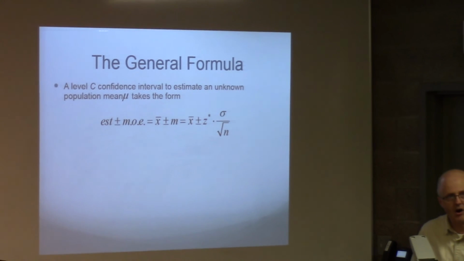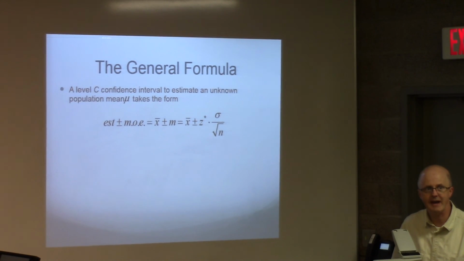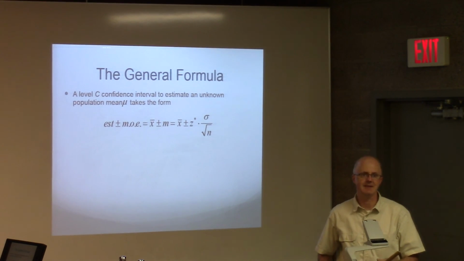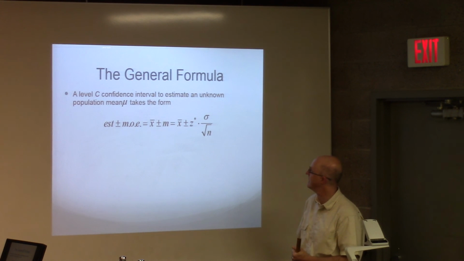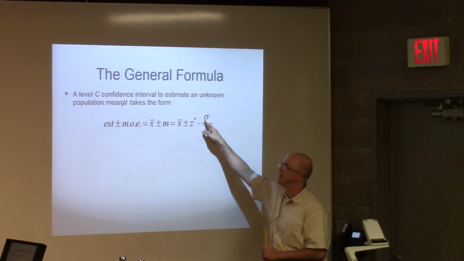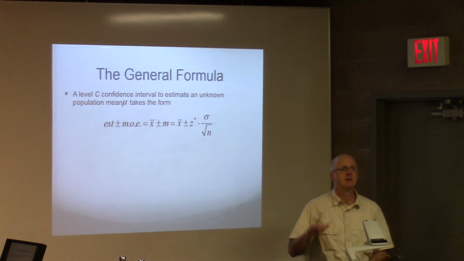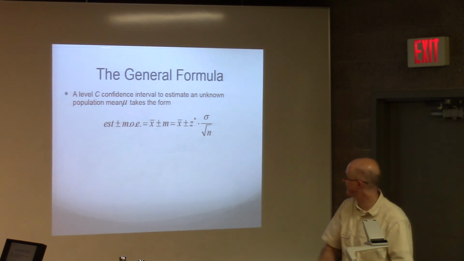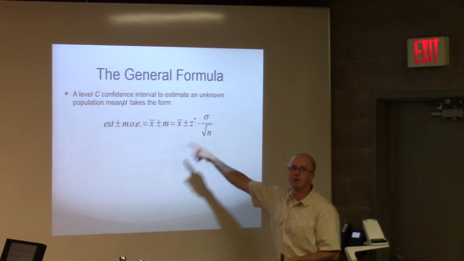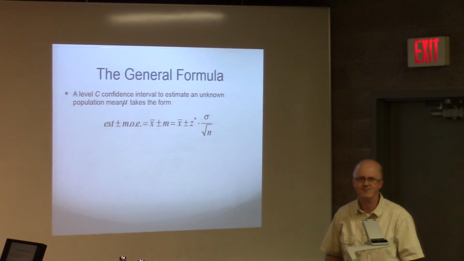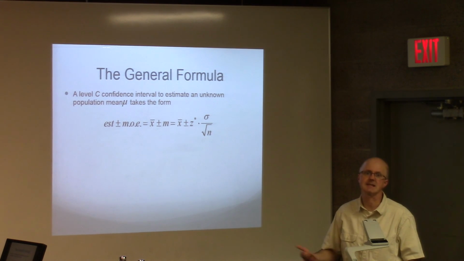You remember what the Z star was for your assignment for today? 1.96. If you want 95% confidence in this kind of situation where you're trying to estimate mu, and you happen to know sigma, which again is unrealistic, but we're pretending that we do, then Z star is 1.96, close to 2. Initially we use 2. More accurately, if you want a little bit more accuracy, especially if this number is big, we use Z star equals 1.96. What's the star? It's not a power.